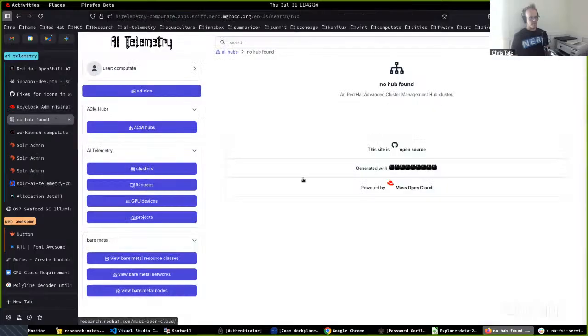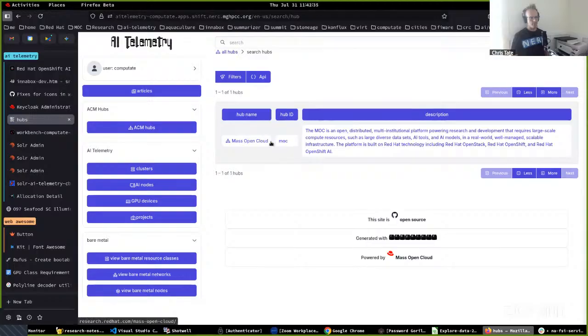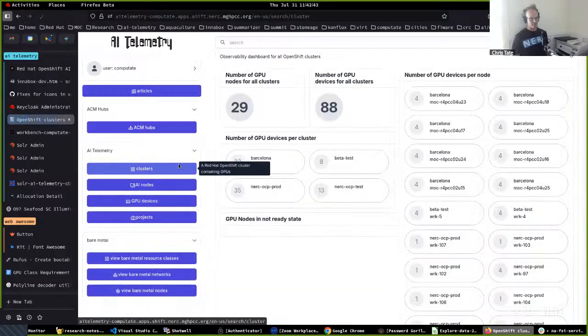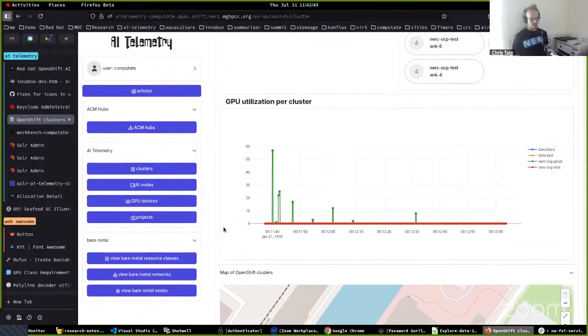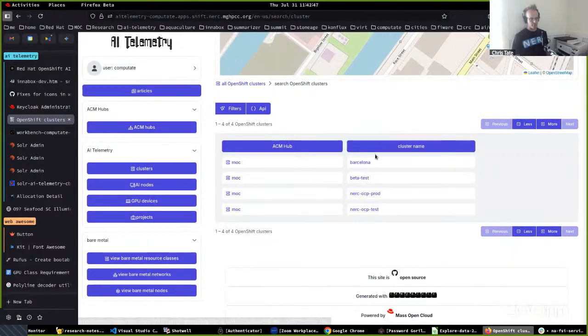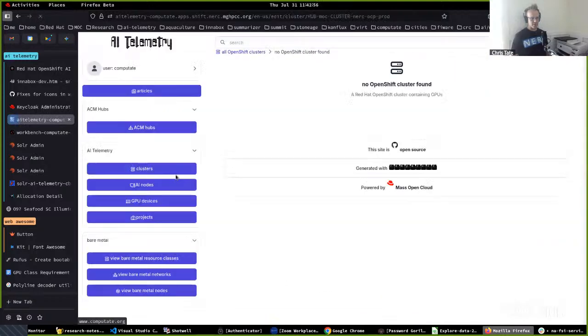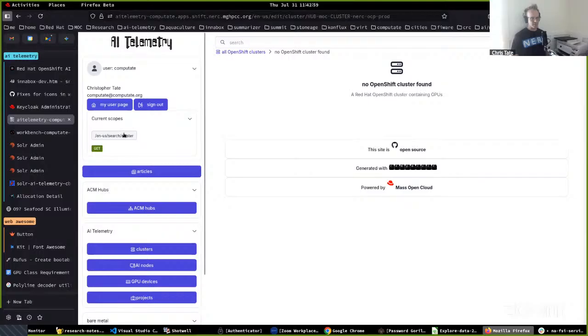And so I refresh, and here is the MOC hub and the information about that. It suddenly appeared because I was granted access. And if I go to clusters, then it should show me all 4 clusters that are attached to Red Hat ACM in the Mass Open Cloud. So NERC OCP prod, I think, okay, now for some reason, I still have